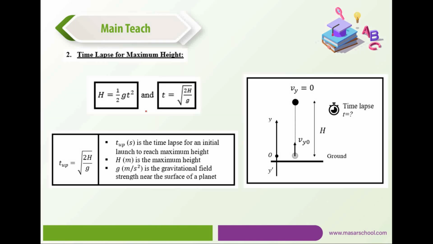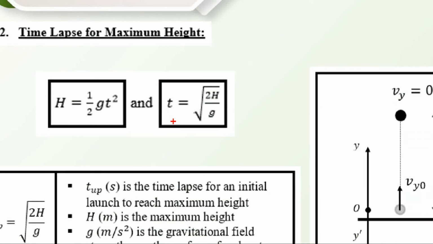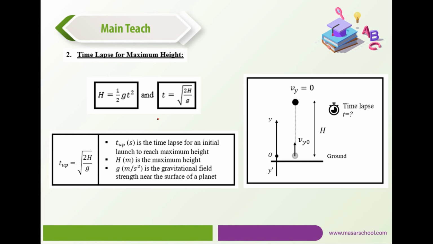Now this in this case would be given a different interpretation, and we say as follows. This is the time required for the object to reach the maximum height, whereas in the case of an object dropped from rest, we would say it's the time required to cover a vertical distance h downward. Alright,